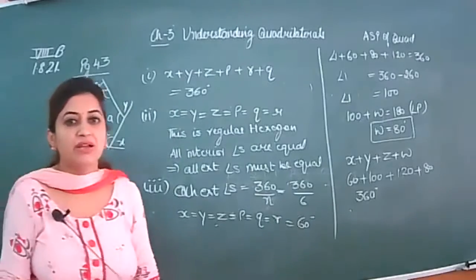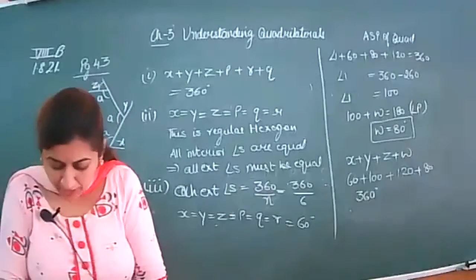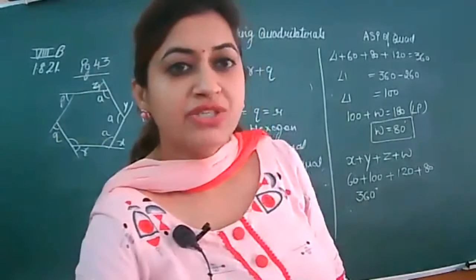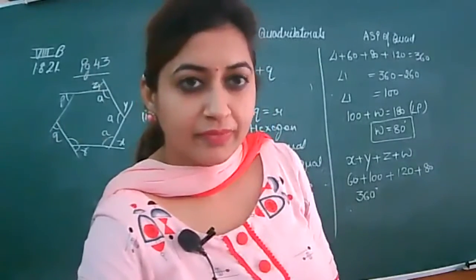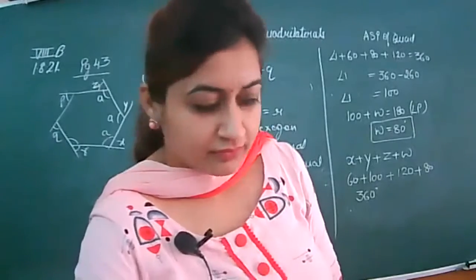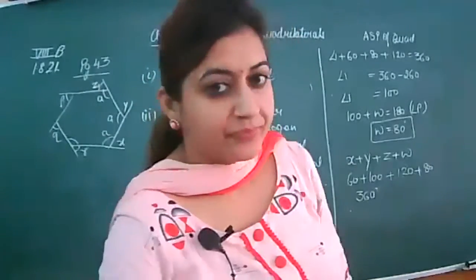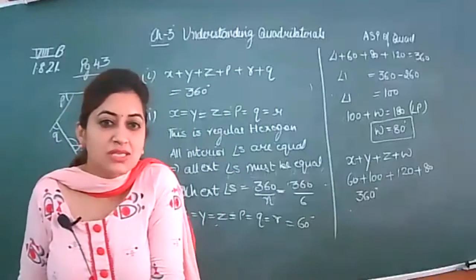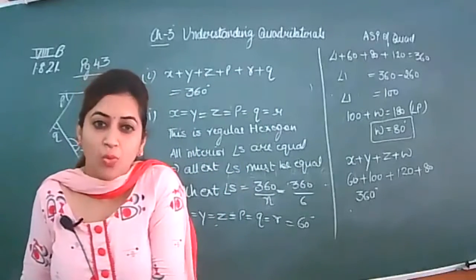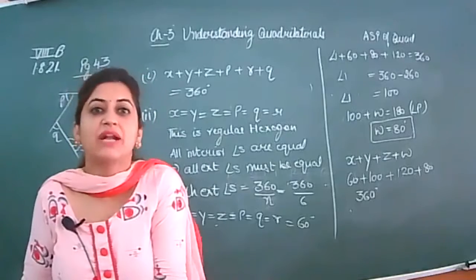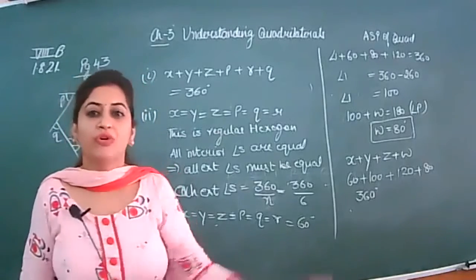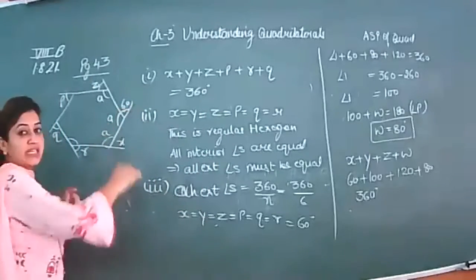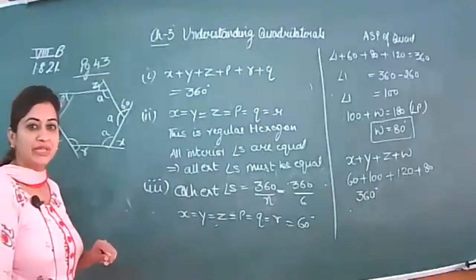Got it? Can you tell me the interior angle? Each interior angle. If the exterior angle is 60 degrees, what will be the interior angle? Ma'am, these will form a linear pair. Ma'am, 180 minus 60, 120 will be every interior angle. Yes. One more way is there. You can use the sum of all interior angles, that is n minus 2 into 180, and divide it by 6. That will give you each interior angle. But it is better to go for this method. Exterior angle we have got as 60. Then by the linear pair, you will get each interior angle as 120 degrees.